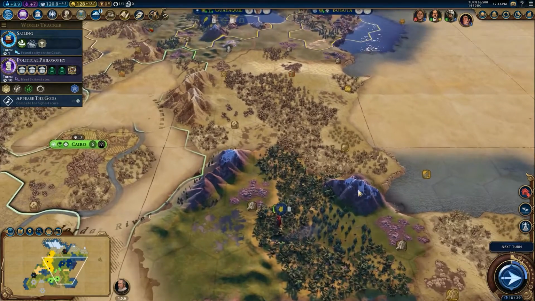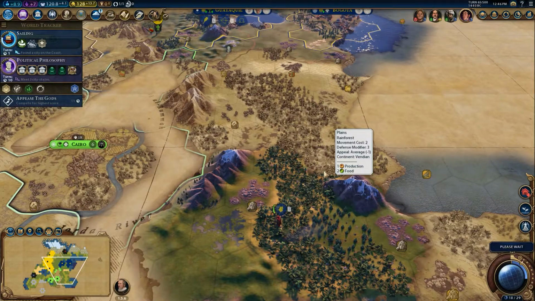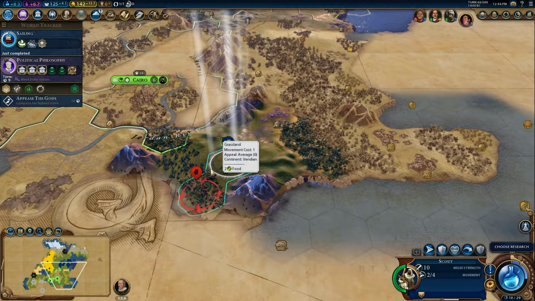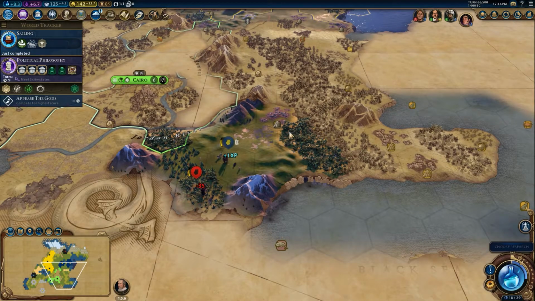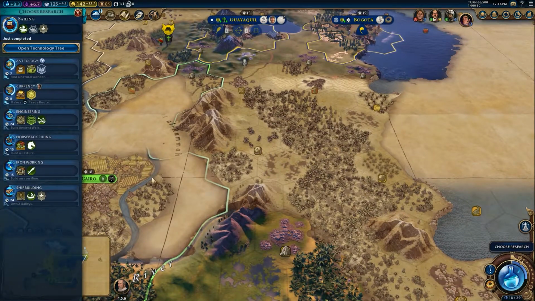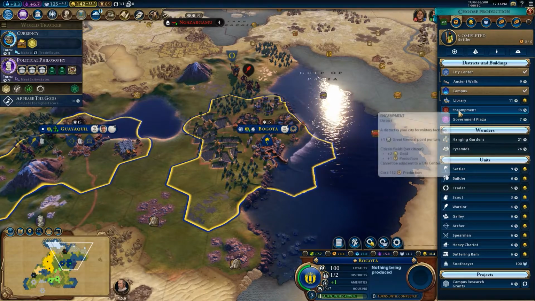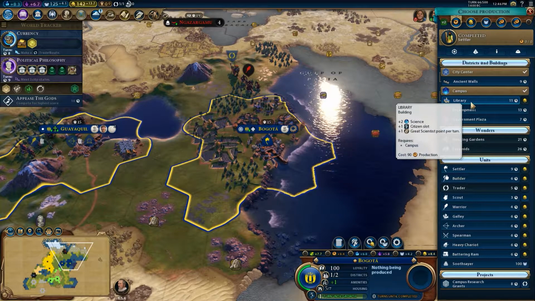Something going on there. Oh, forestry growing. That's what it was. Vessel is large. There's sailing completed. Attack a barbarian unit because we can. Okay, more science. Let's work on currency. Production. So we've completed our settler. Let's go and work on the...